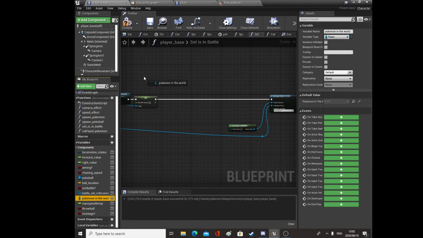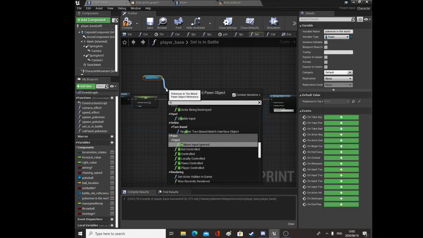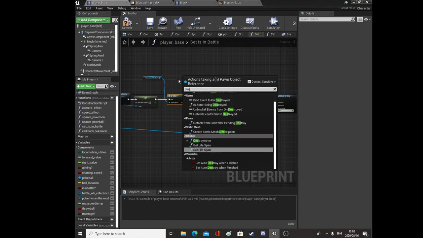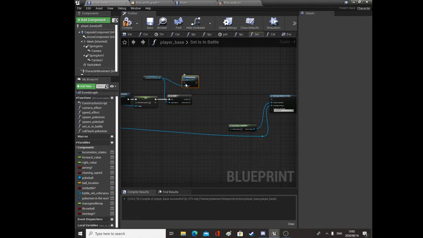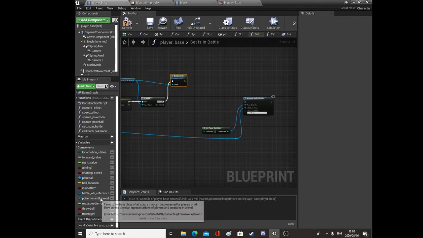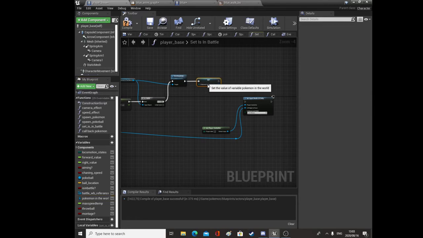So we're going to see if we already have our Pokemon out. So we're going to see if it is valid. If it is valid, we want to destroy the actor, and then we want to set the Pokemon in world to be nothing,